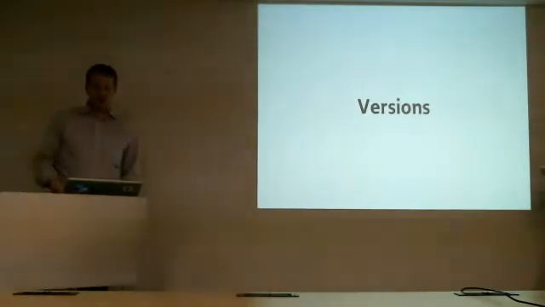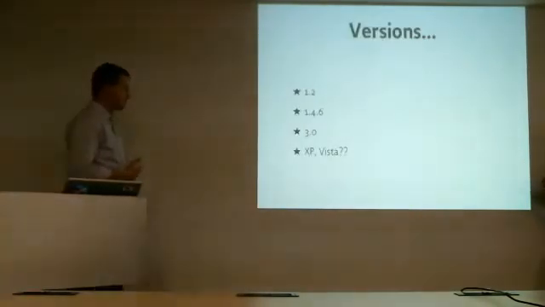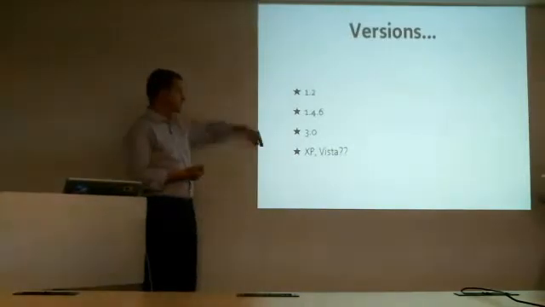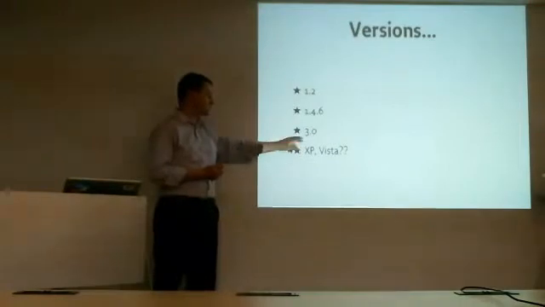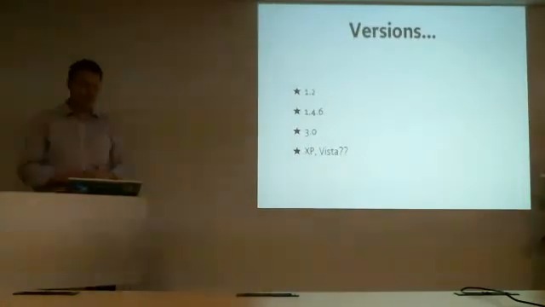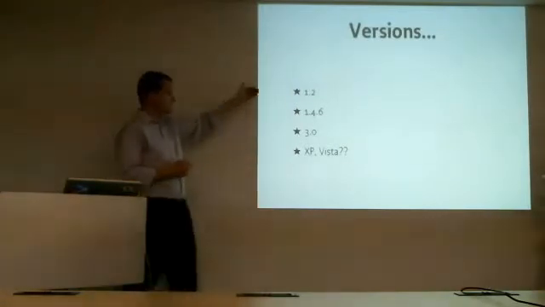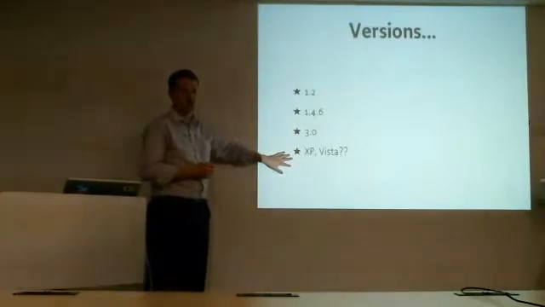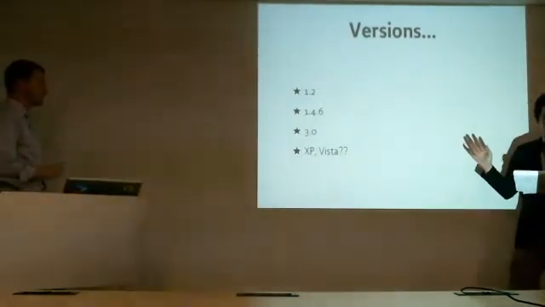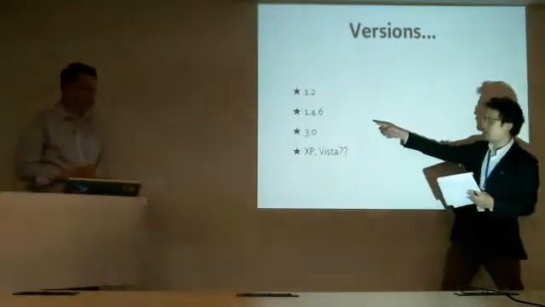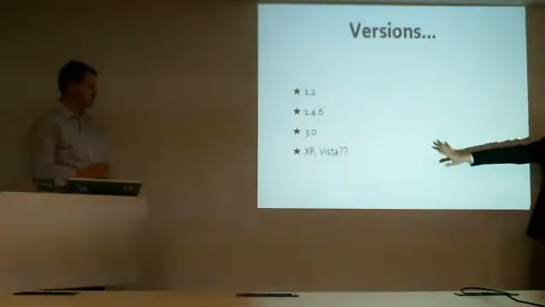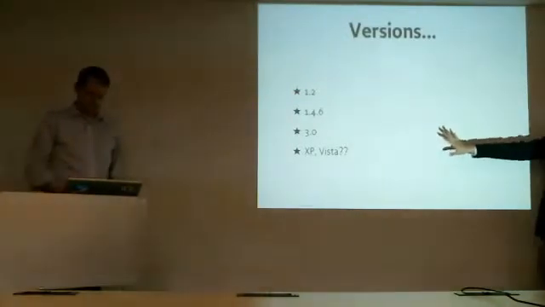Another problem is versions. Actually, versions are very powerful, but sometimes people don't use versions in a very consistent way. So we often see a version like 1.2 or 1.4.6 or 3.0 or even a very strange kind of version like this, which is not really a version at all, XP or Vista. The problem is, unless we define the rules for how versions work, this doesn't mean anything at all. バージョンというのは非常に強力なツールなんだけれども、私たちはバージョンを一貫して整合性の取れた形で使っているわけではありません。例えば、全然意味がわからないものもあります。ルールを決めないと、プログラムにとって何かを意味するわけではありません。